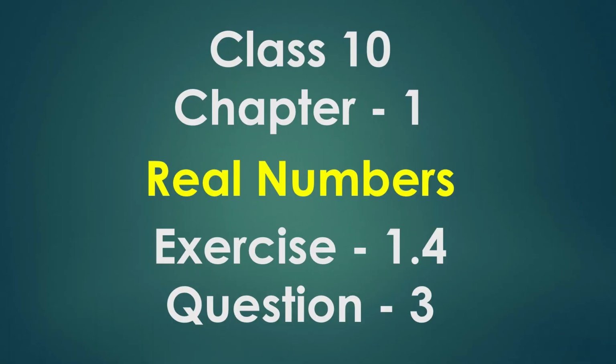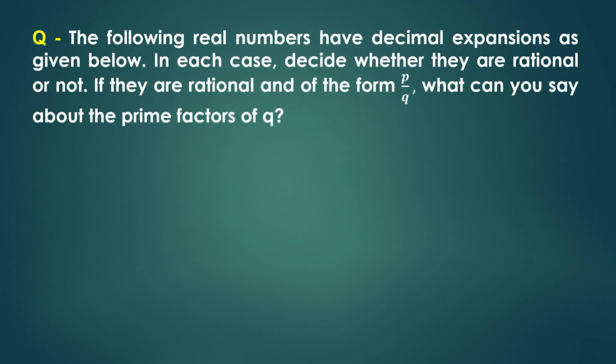Class 10, Chapter 1, Real Numbers, Exercise 1.4, Question number 3. The following real numbers have decimal expansions as given below. In each case, decide whether they are rational or not. If they are rational and of the form p by q, what can you say about the prime factors of q? The numbers are